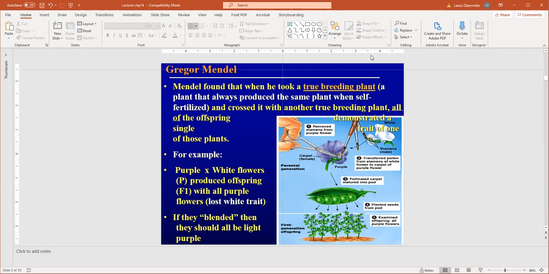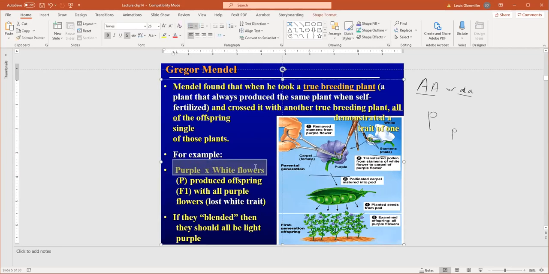And it could be big A, big A, or it could be little a, little a. I'm just using these variables because A is easy, but we use the capital letter for whatever it is. So in this case, purple is dominant, so purple would be big P. White is recessive, so that would be little p. And that's true breeding. All right, so you should know that Mendel crossed purple and white flowers,